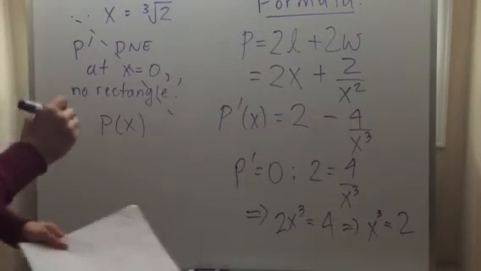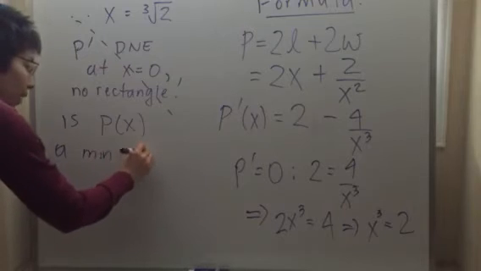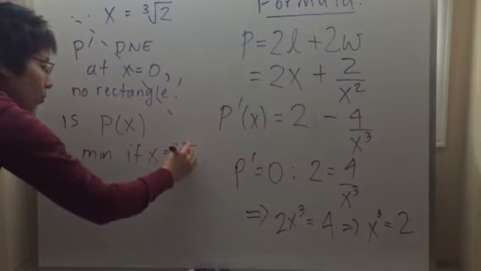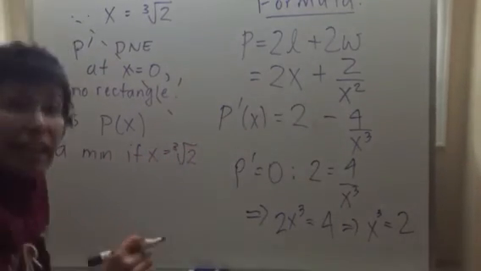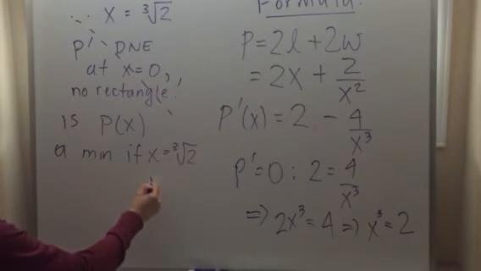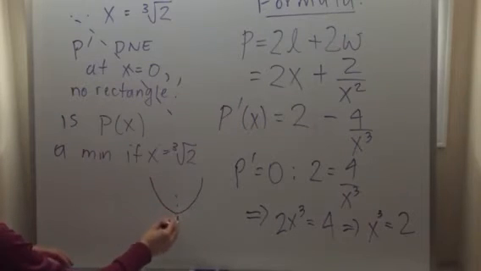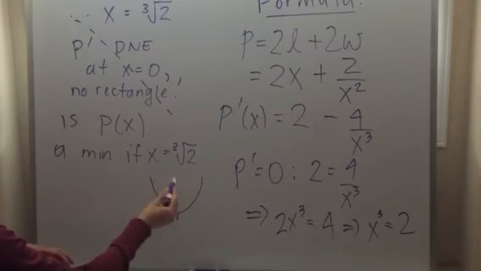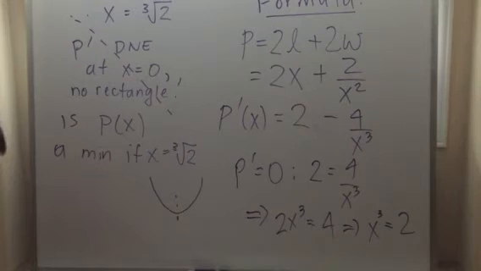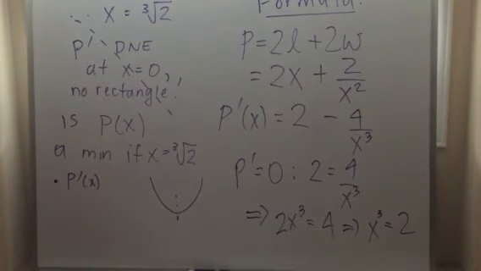I don't know what you can see. So is it a minimum if x is indeed equal to the cubed root of 2? Now, I can assure you that it is, but the way to check that is to search around there and see if you get a function p of x that dips down and then dips back up around the cubed root of 2. So in order to do that, you have to argue what the sign of p prime of x